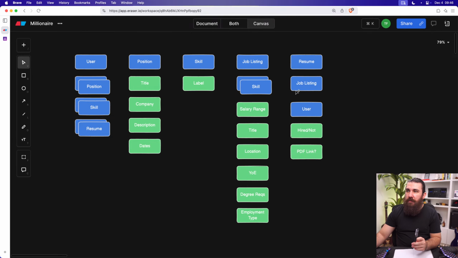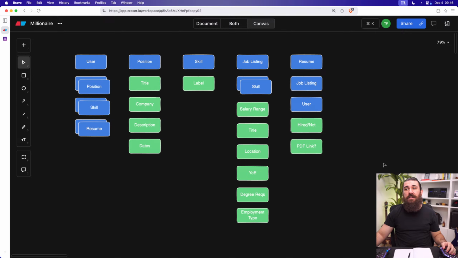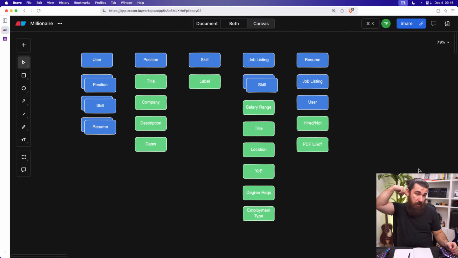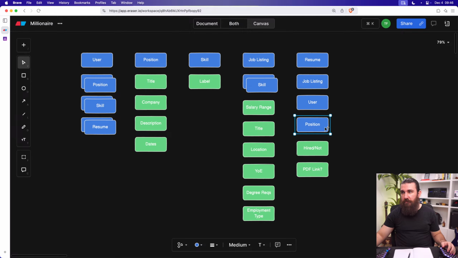All right, so the resume. It has a job listing. It has a user attached to it, whether the user got hired or not. With this resume, it is going to have a PDF link and all of the information under that resume. So let's see what those are going to be. I believe they're going to be positions, right? You want to show where you worked, a number of positions on the resume, and also a number of